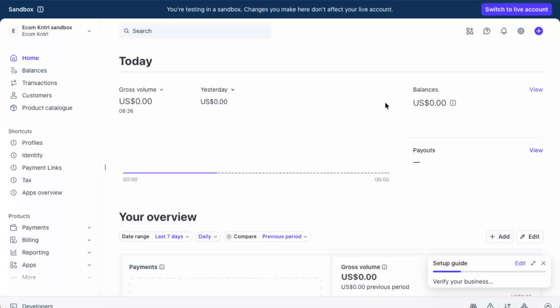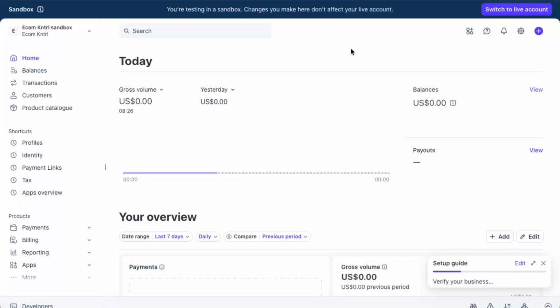In today's video, I'm going to teach you how to redirect to your website after Stripe confirmation. We're going to walk through how to set things up so that when someone finishes a payment using a Stripe payment link, they're automatically sent back to a page on your own site. This is really useful for things like thank you pages, onboarding flows, or giving customers instant access to content after